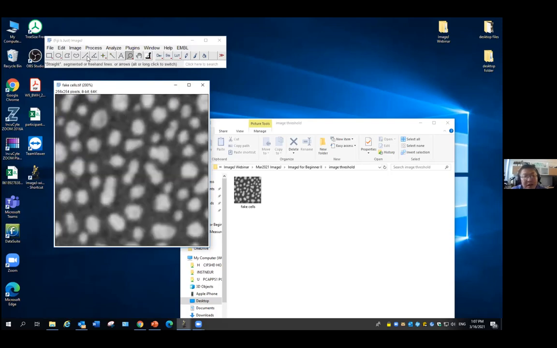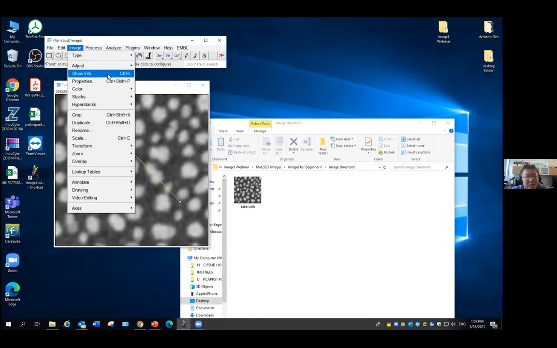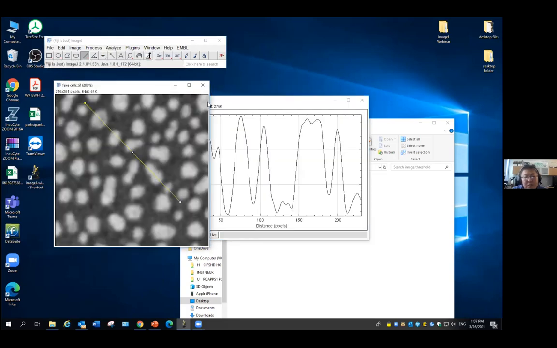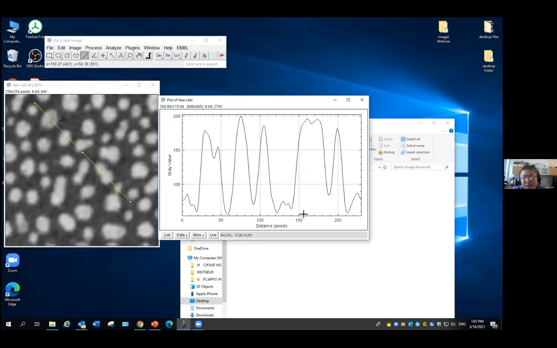So let's say I draw a line, and I can use the analyze plot profile. It plots the intensity throughout the distance I draw here. So I started from here, where it is low. And I go through, this is a cell. It goes up, it goes down, it goes to another cell, goes down. So when I look at this curve, I will say probably this part is,